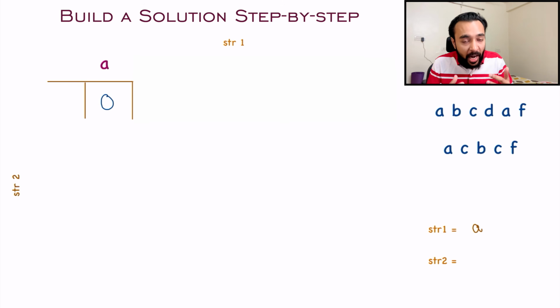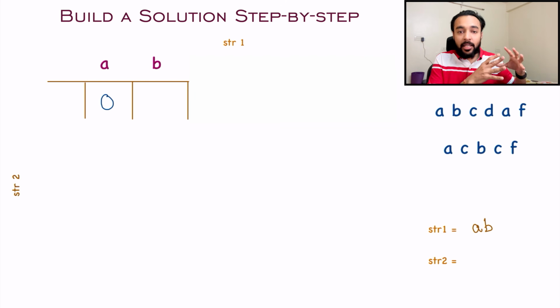Now let us start to add more characters one by one. Remember that we do not have the second string at all right now. So now add one more character. So my first string becomes AB. The second string is still empty. So what is the length of the longest subsequence I can form? It will be again 0,